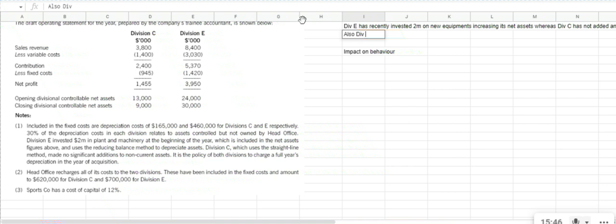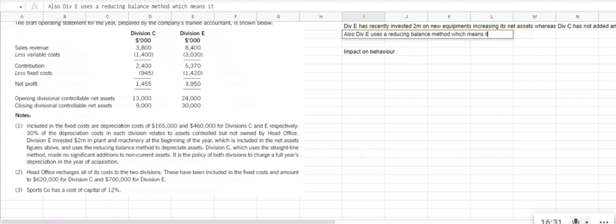Also, division C, as we can see, uses a reducing balance method. So what is the impact of using the reducing balance method? Sorry, division E uses the reducing balance method, which means, what is the impact? In the initial early stages, the depreciation charges are high, and as the asset grows older, the depreciation charges decrease. So, because division E is using a reducing balance method and it has already invested in a new machine,